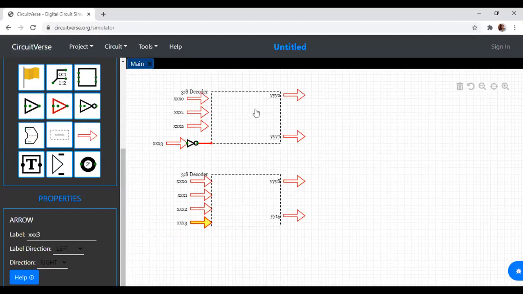Now this 3 is to 8 you can implement using either direct 3 is to 8 using if statement or case statement, which we have already seen, or 3 is to 8 using 2 is to 4. Anything can be done. Now we'll see how to code 4 is to 16 decoder using 3 is to 8 decoders.